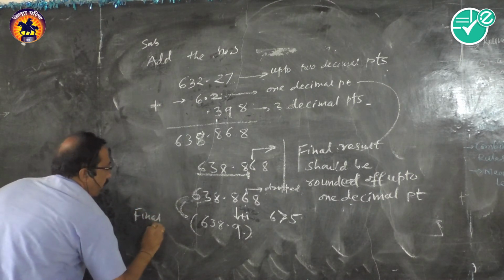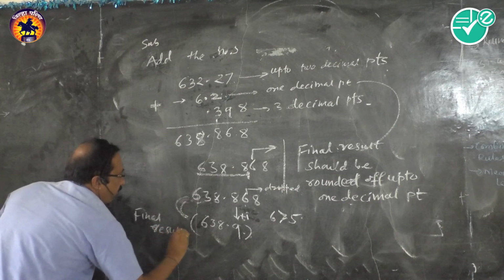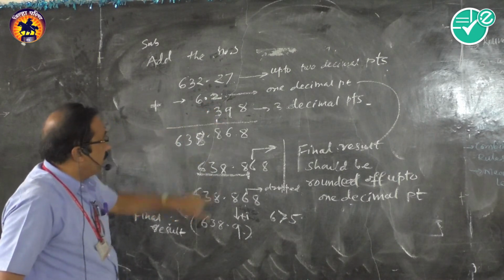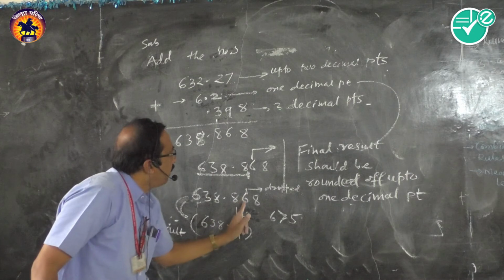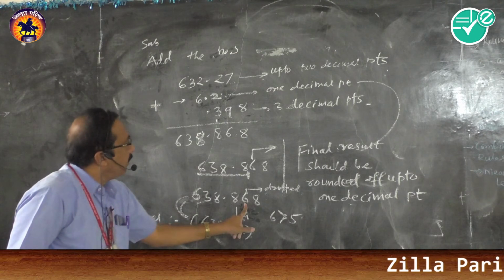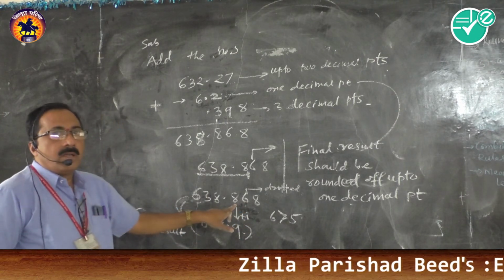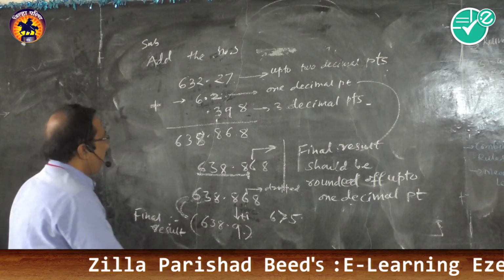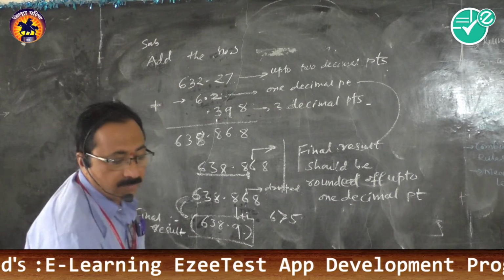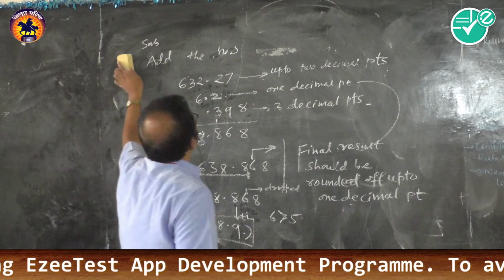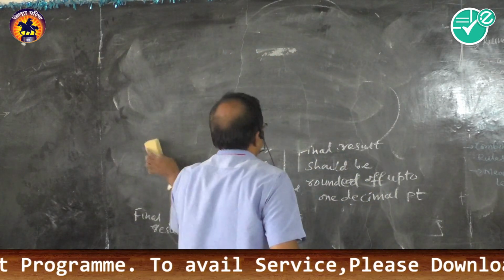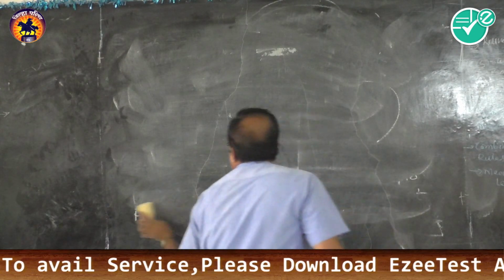So what have we done? We have found the final result up to 1 decimal point, rounded to 1 decimal point. Therefore, these numbers are to be discarded. This 6 is to be discarded according to the second rule. This 6 is greater than 5. Therefore, the previous number is incremented by 1. So the final answer is this one. The same is the case in subtraction. So this is about the addition and subtraction of data by rounding of the numbers, rounding of the digits.